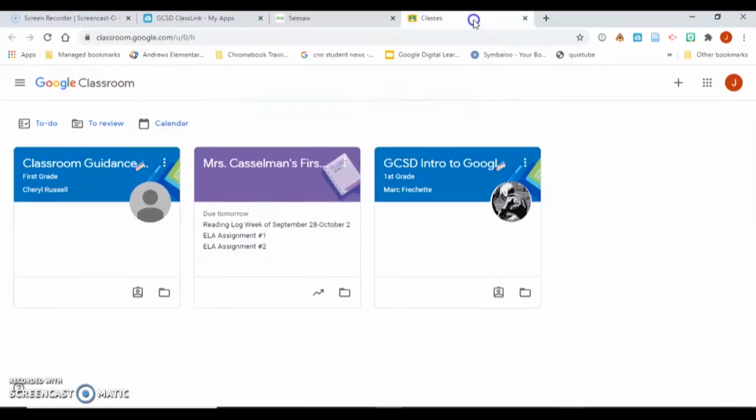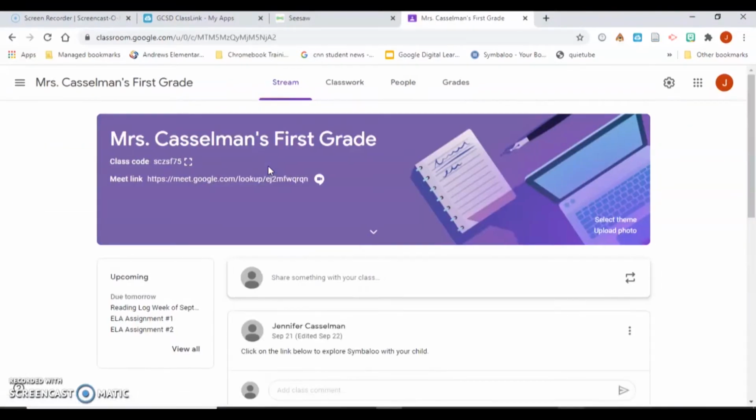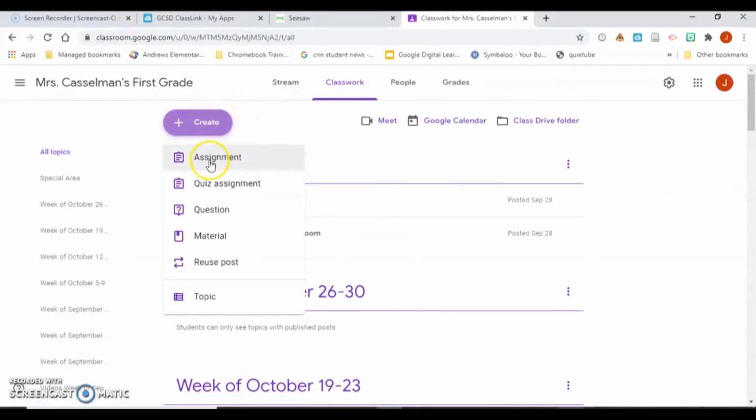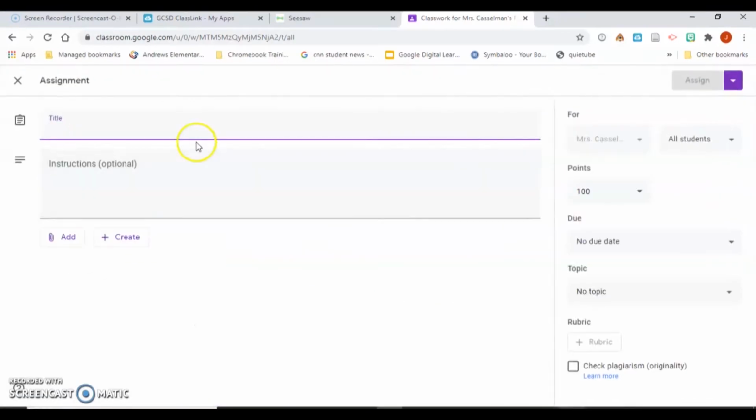And now I'm going to go to Google Classroom and I'm going to select my first grade classroom. I'm going to go to Classwork and I am going to the Create button again and to Assignment, and this is going to be ELA Assignment number 1,